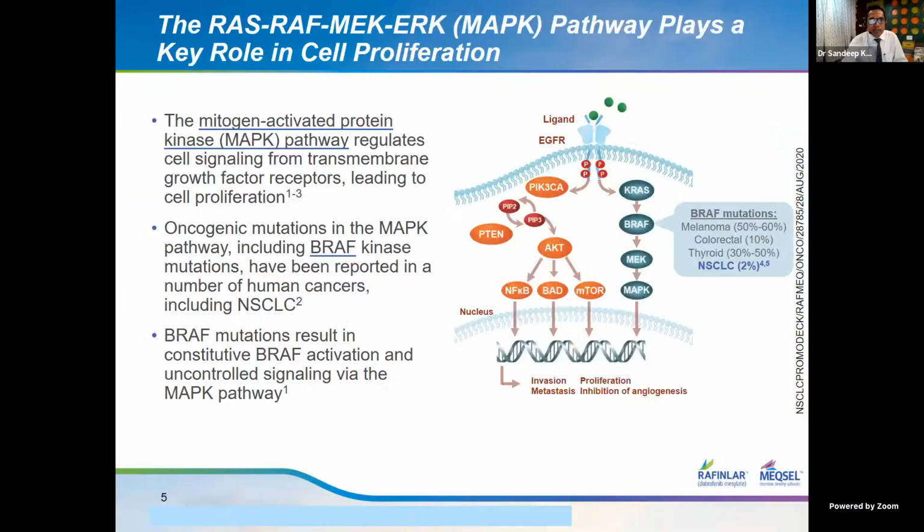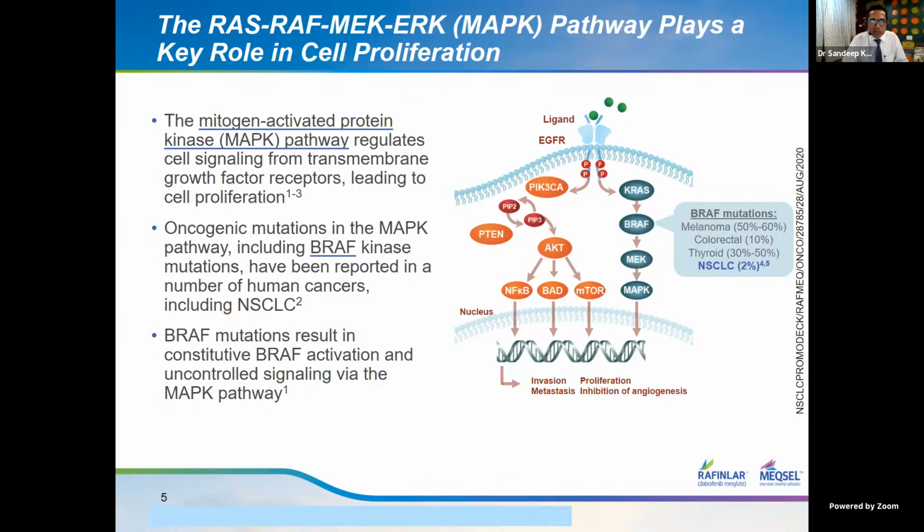So what is BRAF? The RAS-RAF pathway plays a key role in cell proliferation. We all know that MAP kinase has been an oncogenic driver. This pathway regulates cell signaling, and mutations in the MAP kinase, including the BRAF mutations, have been reported in many cancers like melanoma, colorectal, thyroid, and to an extent in the NSCLC to the proportion of